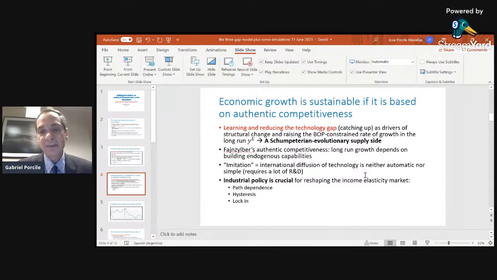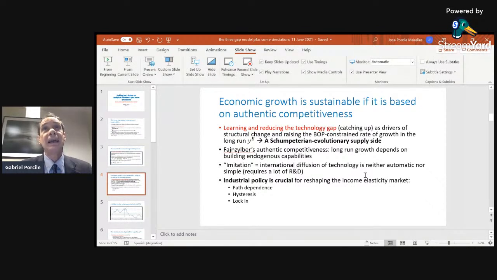In order to change specialization, we need to absorb technology, we need to transform our capabilities, and this can only be attained by industrial policy. The critical role of industrial policy in this point should be stressed, which is the idea that